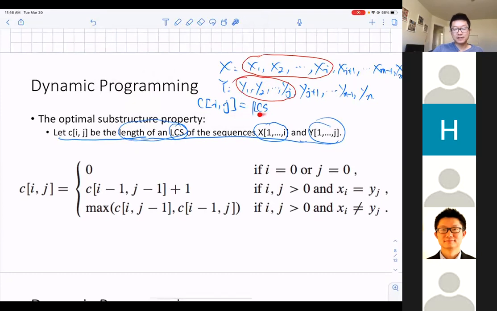Okay, this is what Cij means. Cij means the length of the longest common subsequence between the first I characters of X and the first J characters of Y. Is that clear? Okay, so then